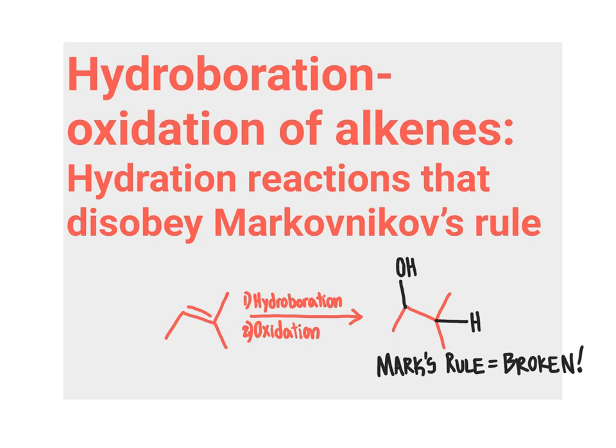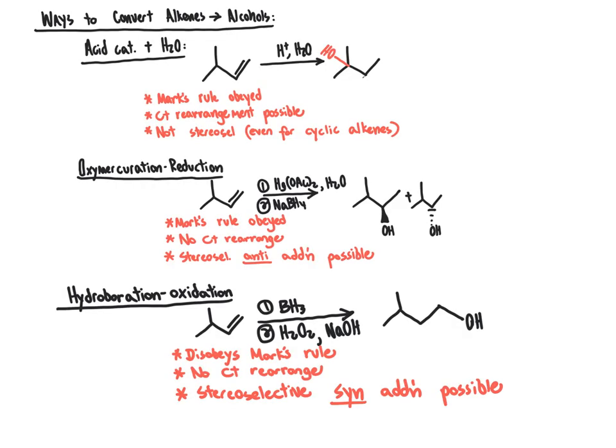In this segment, we're going to discuss a type of reaction that will allow us to add H and OH across a carbon-carbon double bond in a way that goes opposite Markovnikov's rule. So as we get started here, let's do a quick review of the ways that we've learned to convert alkenes into alcohols, beginning with